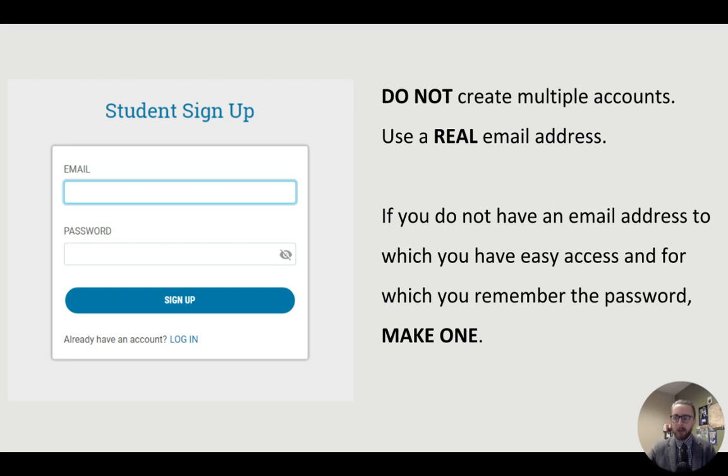It will look like this. It'll ask for an email. It'll ask for a password. The first thing you should know is that you should not create multiple accounts. If you already have a GED.com account and you forgot the password, figure out that password. Don't just keep creating multiple accounts, because if I create one account and I take my language arts test, and then a couple weeks later I forgot my password, so I create another account and I take my math test,